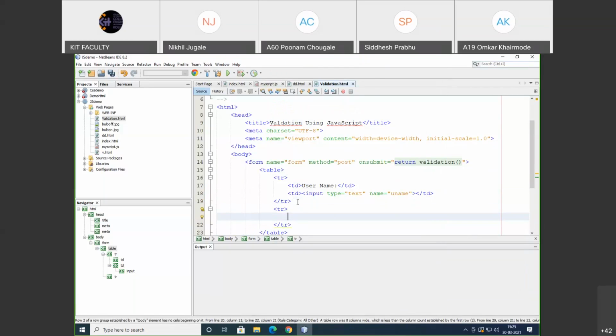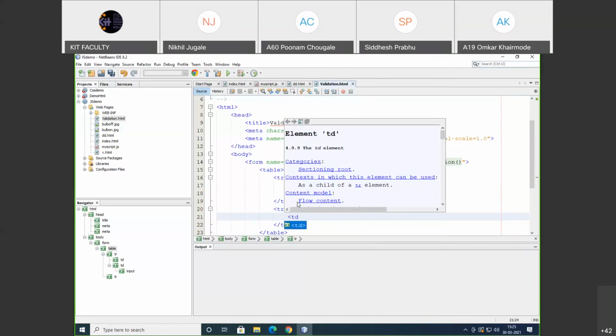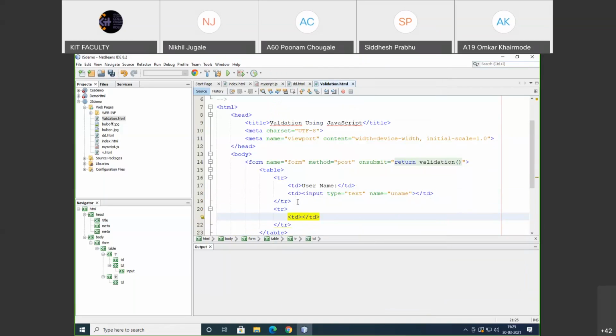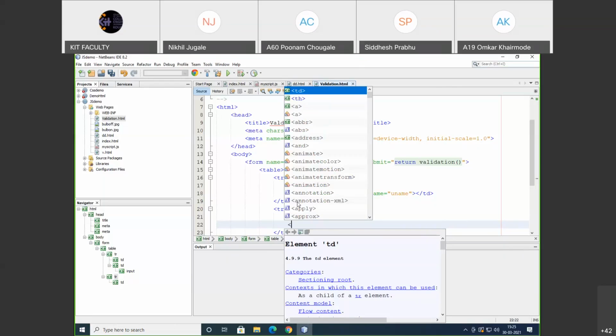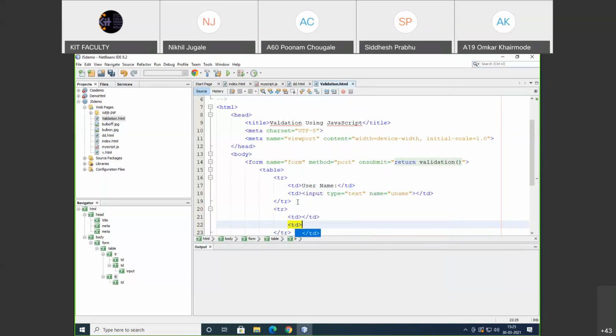So here I am going to add a table data. The first column I'm going to set as empty. In the second column I'm going to add a button, input type submit button. So here I'm going to add input type as a submit button. Input type is equal to, sorry,